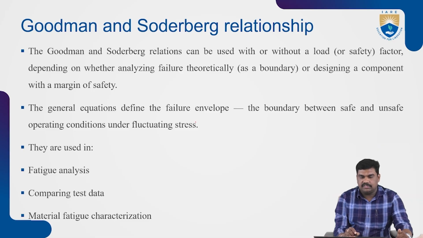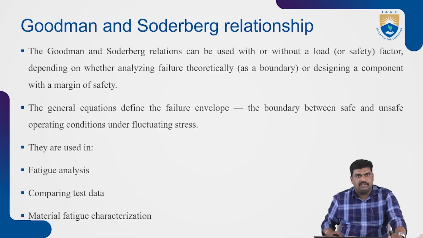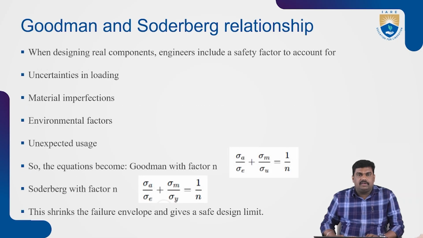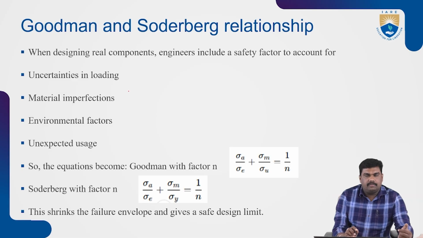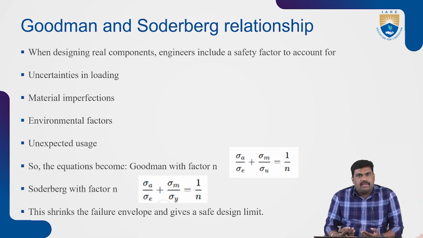So the general equations define the failure envelope, the boundary between safe and unsafe operating conditions under fluctuating stresses. They are used in fatigue analysis, comparing test data, and material fatigue characterization. Now, when designing a real component, engineers always need to consider the factor of safety, the margin level. We need to include a safety factor to account for uncertainties in loading. In aircraft also, sudden gust loads will come, so for that it will always have a safety factor, along with material imperfections, environmental factors,